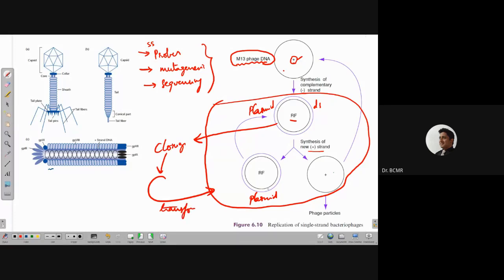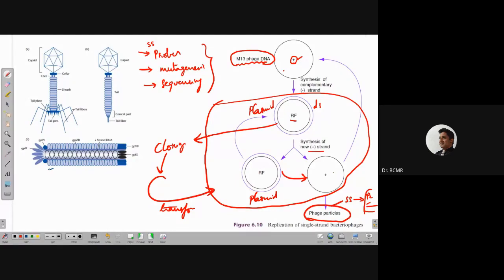And now it will generate a plus strand, and you get the phage particles. All the phage particles are single stranded. Now you just take them and do your analysis. Whether you want to use it as a probe, for mutagenesis, or for sequencing, you can directly use it. You don't need to separately synthesize